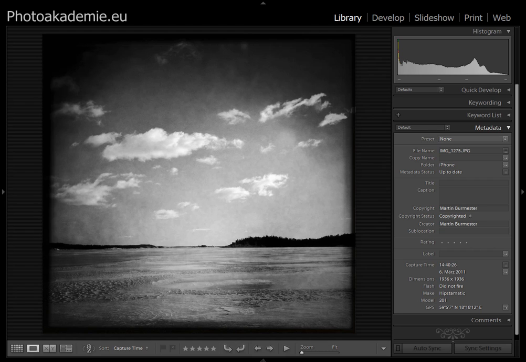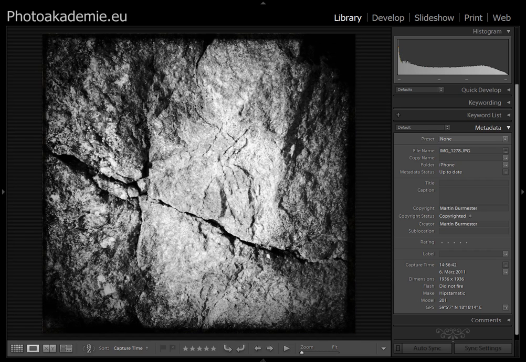I shot this directly in black and white. And also the following images, all of them I took with the Hipstamatic directly in black and white, only changing some lenses sometimes,